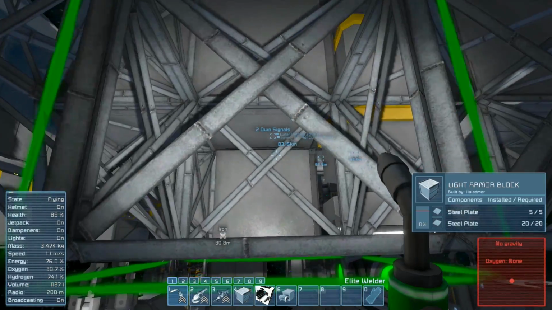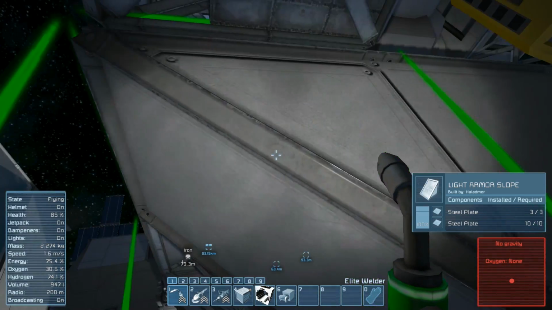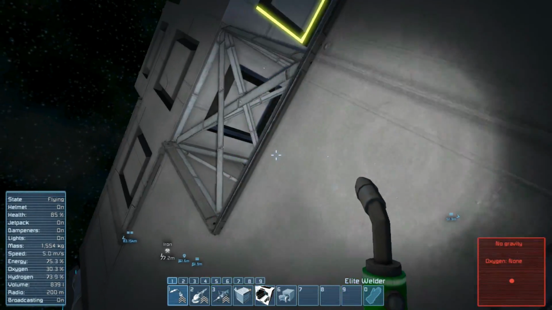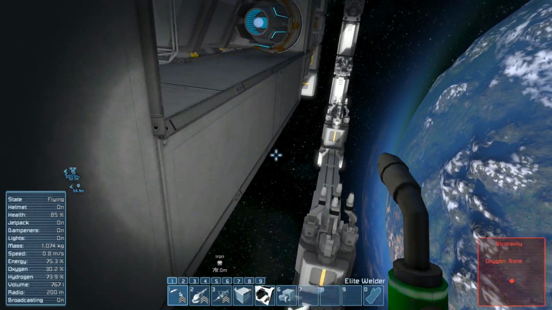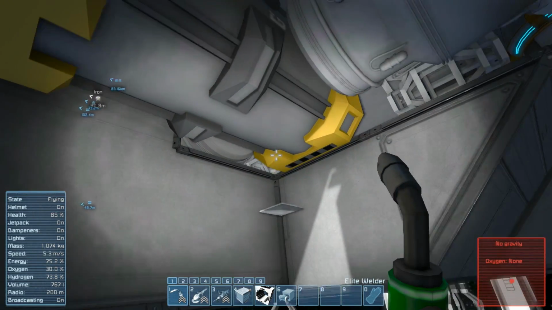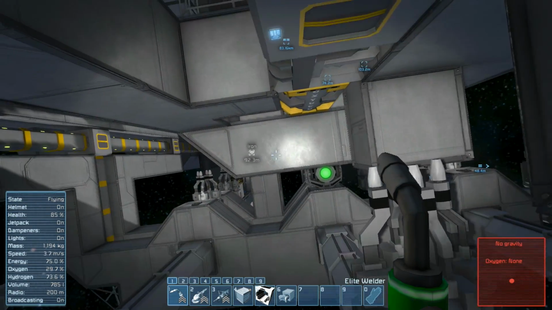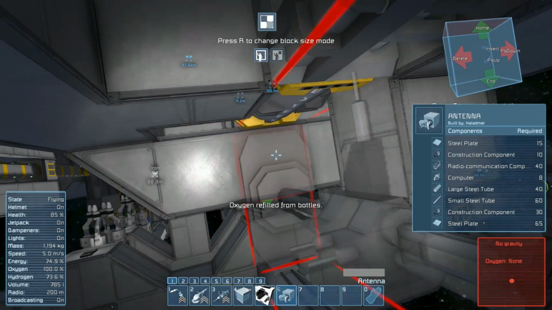But yeah, like I said, the reason I'm doing this is because I'm trying to get, obviously, the stuff out of my inventory. But I want to keep everything inside the actual armored skin. Simply to be a little bit safer with everything. Because, well, you know, you've seen me fly. I tend to like to run into things, so...